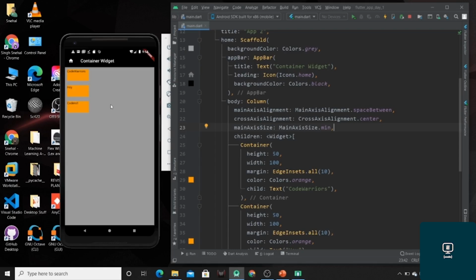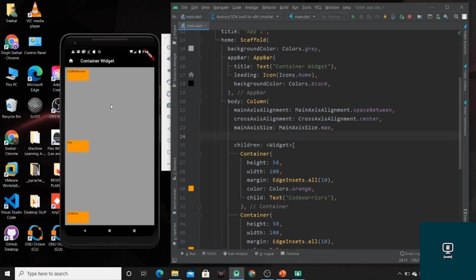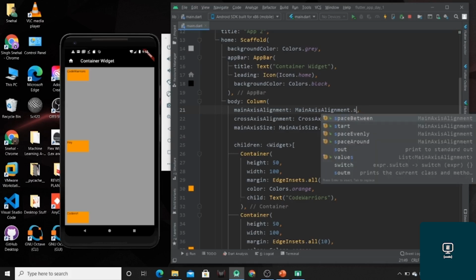Now similarly I can also specify the main axis size as maximum, then it will cover the whole space which is available. So this will be the main axis size dot max property. Now I can also specify the other properties which are available over here.